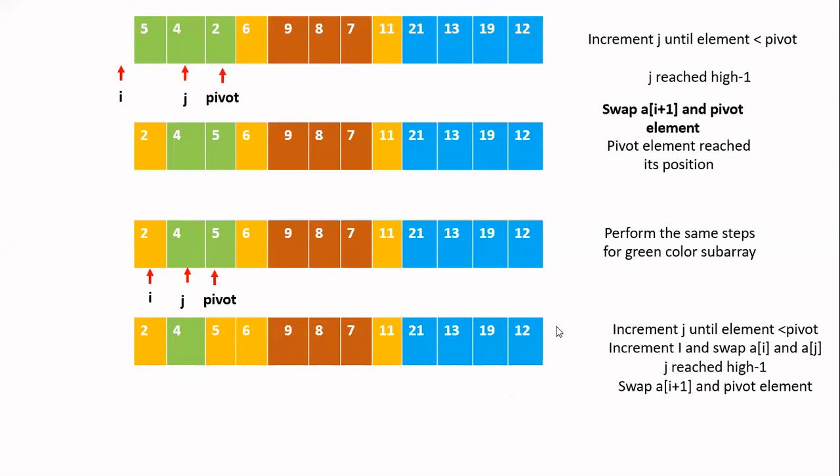If you see this, whatever is shown in color other than blue, all those elements have occupied their final position, because we have taken only that particular part and shown the iterations. But the blue array is again not sorted, so you have to do the same process for that array recursively until all the subarrays contain only one element. So this process should be continuously done.